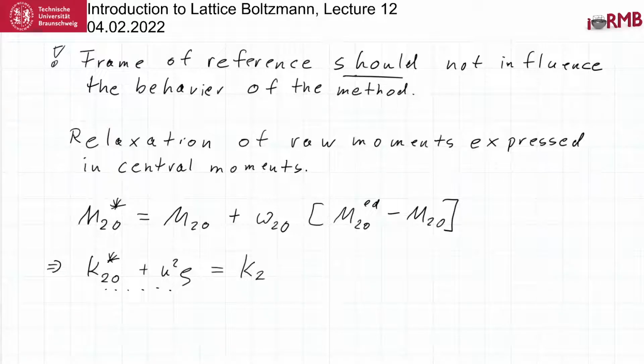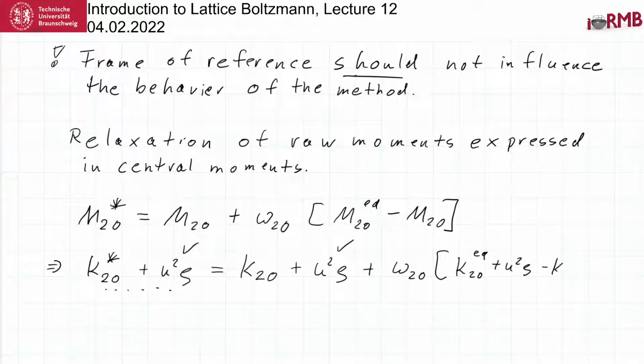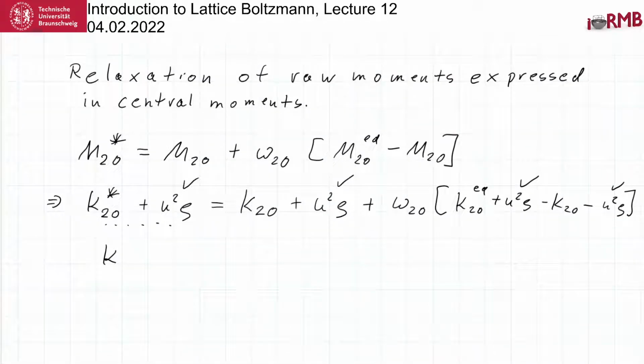So we have the pre-collision k20 plus u squared rho, and we immediately see that these two disappear, plus omega 20, and here we have k20 equilibrium plus u squared rho minus k20 minus u squared rho. And okay, we see again that this disappears and this disappears, and we end up with